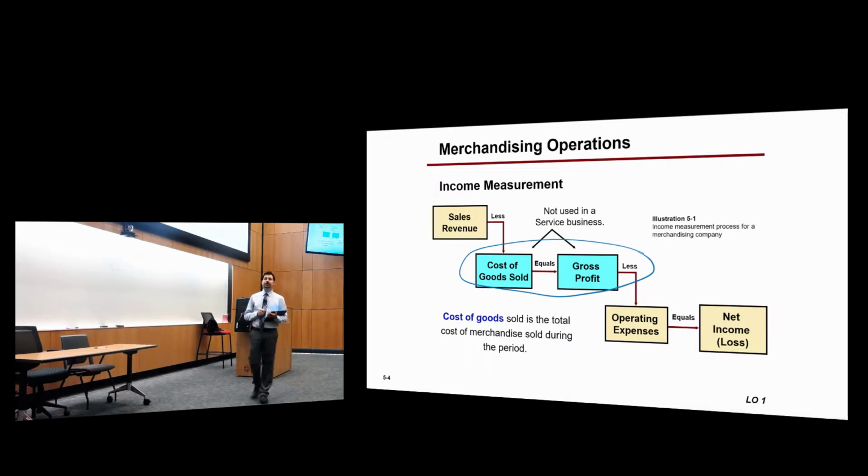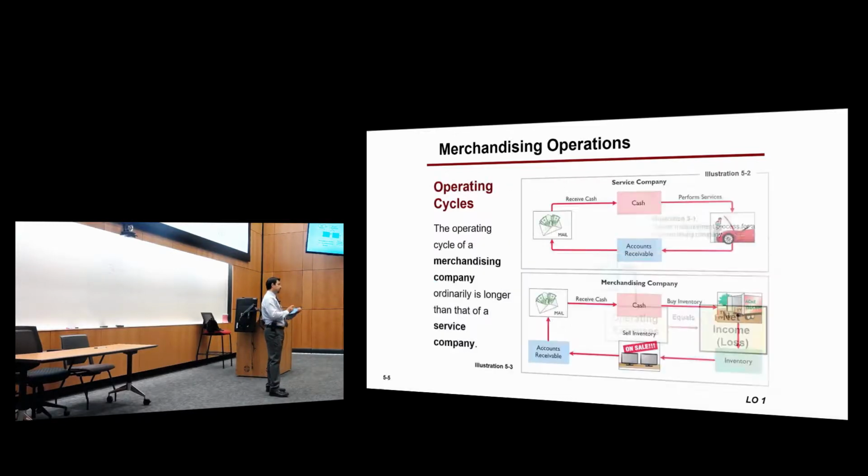So operating expenses are what we've been using so far, like utilities, salaries, depreciation, all these things. Merchandising companies calculate gross profit to make sure that what they are selling is not lower than the cost itself. They want to know how much it costs them to make those revenues, and that will give them the gross profit. After that, they subtract operating expenses from gross profit to get to net income. Okay? Let's start doing that.